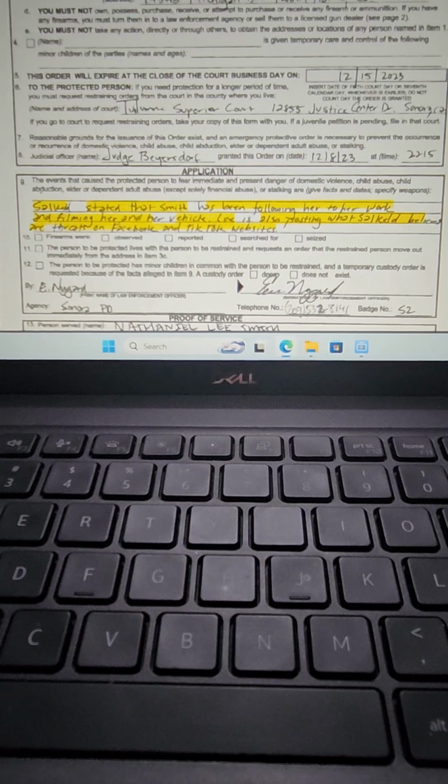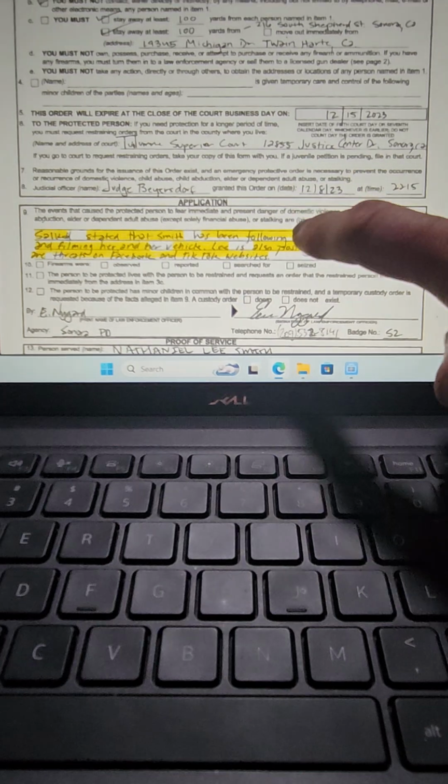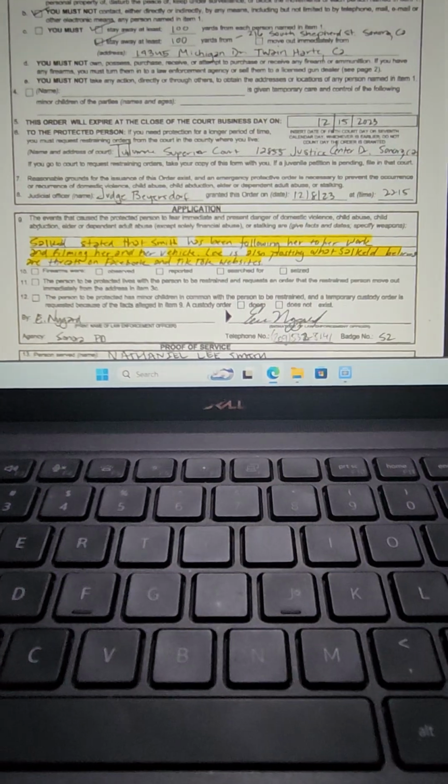Case law states that I can follow her around in her vehicle if I want and film her vehicle. I can film her in public. What you can see in public, you can film. We've already discovered that that's a First Amendment right. So this restraining order is invalid. I have constitutional protections that this violated.